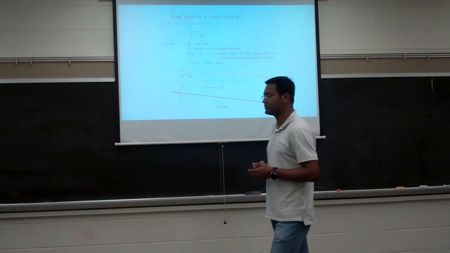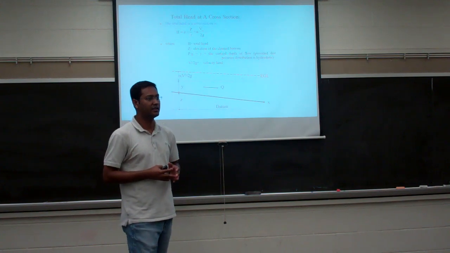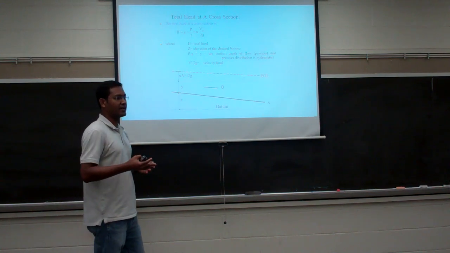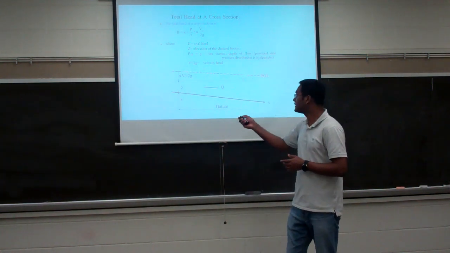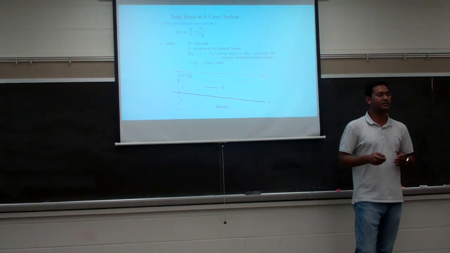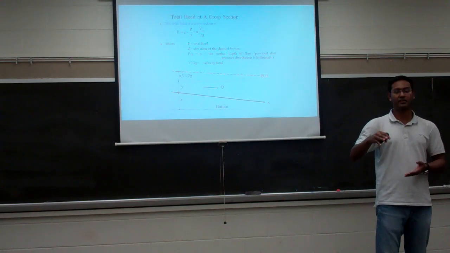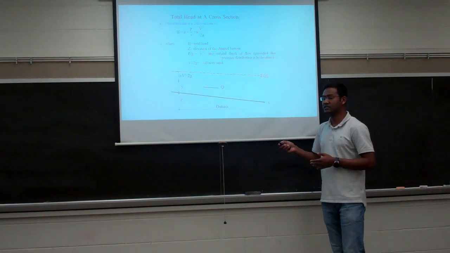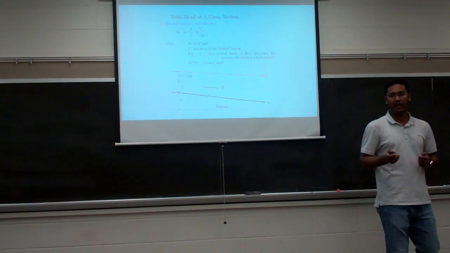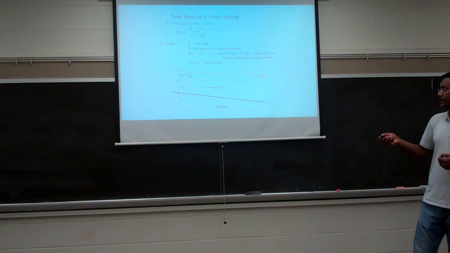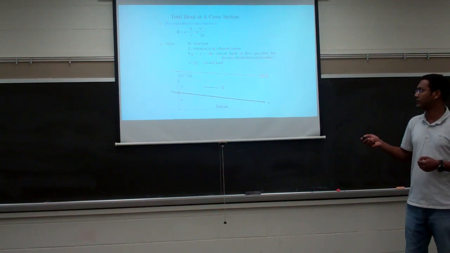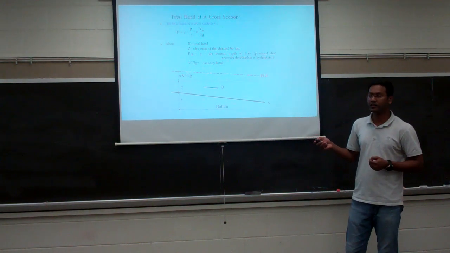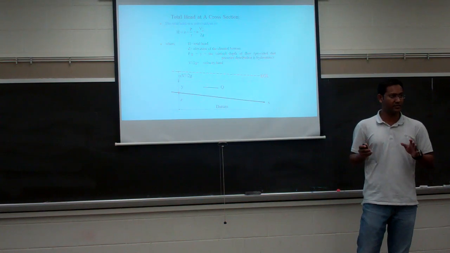And this is the simple equation which can calculate the total energy at a section. According to Bernoulli's principle, the total energy at a channel section like this one is measured in terms of height. So what is the total energy? According to Bernoulli's principle, total energy will be the summation of elevation head, the pressure head, and the kinetic energy, which is called velocity head, right? So at this section, the total energy will be z plus y plus V squared by 2g. So this is the total energy at this section.